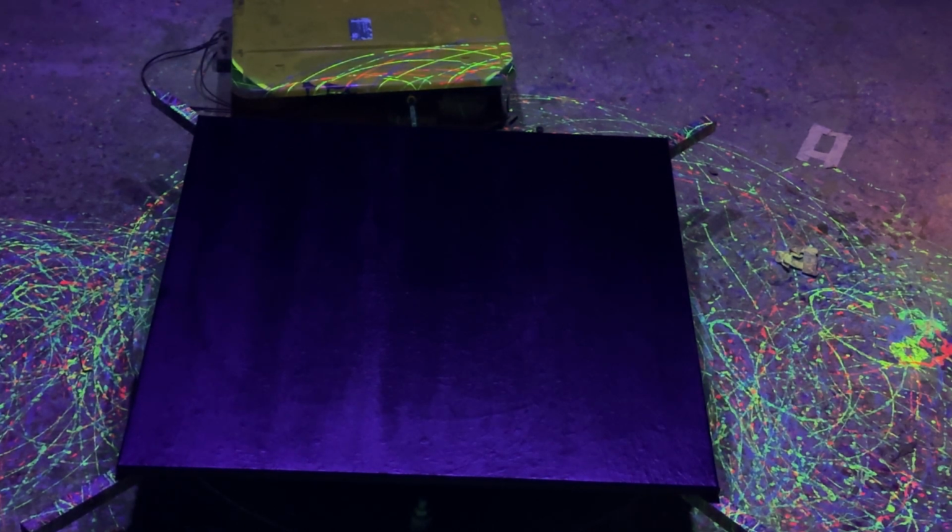So I haven't got that much paint loaded into this, so it'll be just a couple of swings across and back, and then we'll stop it. Hopefully we get something cool to look at. So here we go. Pull this high-tech seal off here and let it rip. So 1, 2, and